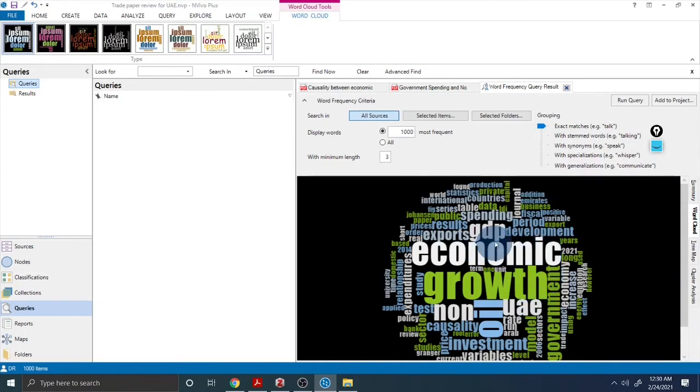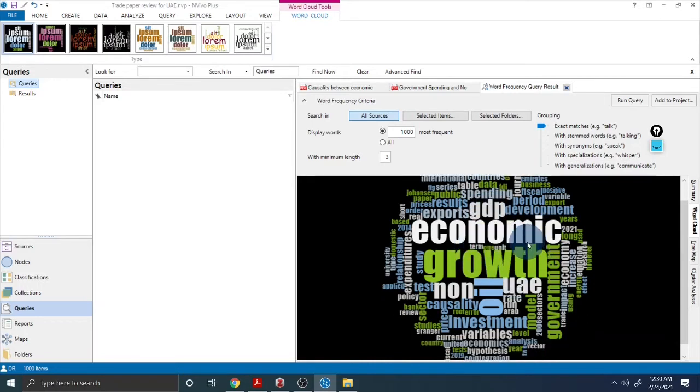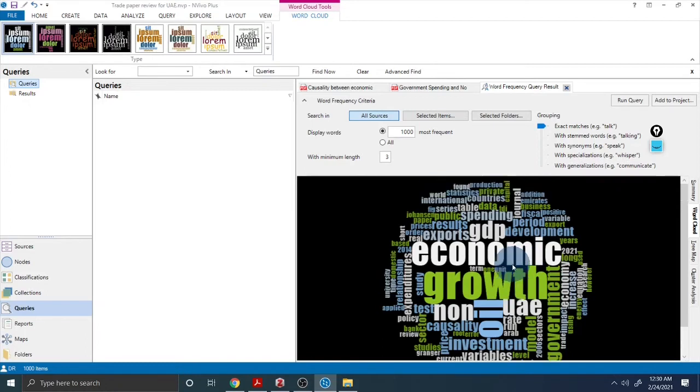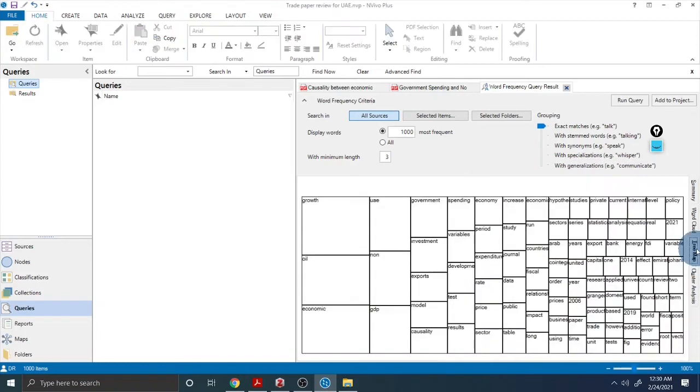So now you can see here that GDP and economic growth are the most important and highly frequent keywords in that particular article. This is one of the most important features, or I think the favorite popular feature, of NVivo. And then we have the text query, I mean the map, and then we have the decision tree